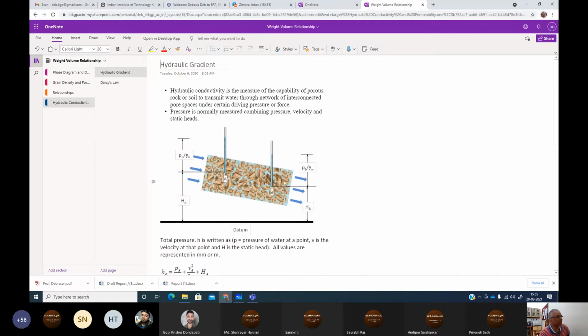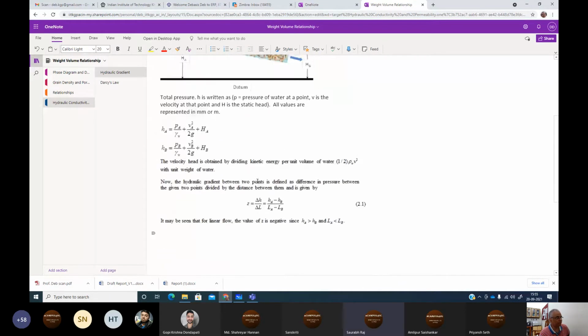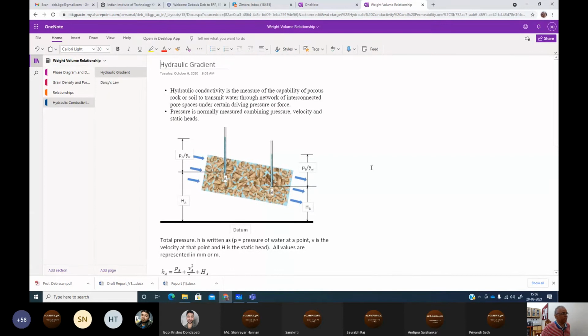This hydraulic gradient? Yes or no? Yes, sir. Okay. Now here you will understand the pressure gradient. Let's say from any datum, fluid will flow from point A to point B. No question about that. This we know. Now let's say from the datum, this is the potential difference HA and HB. So just by potential difference also it will flow. There is no problem.